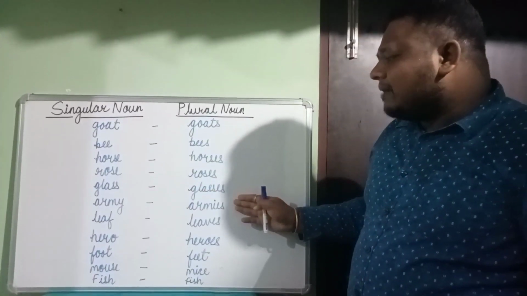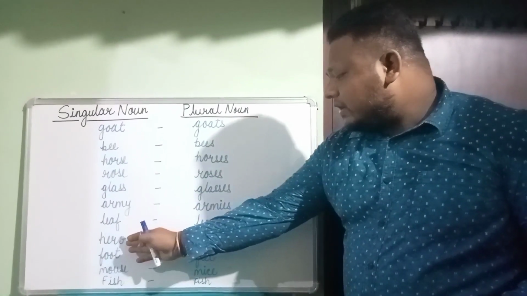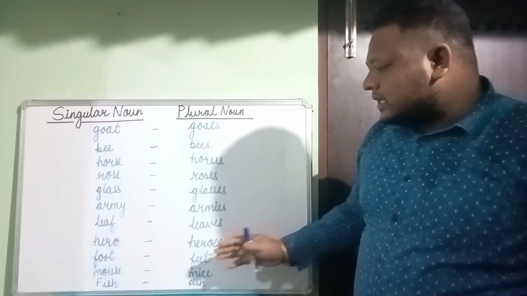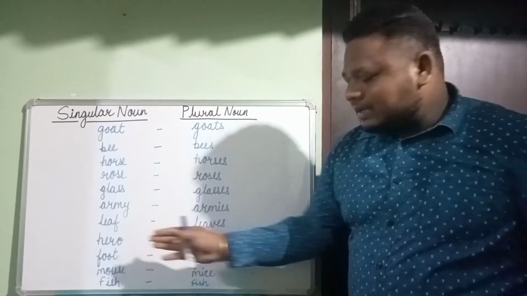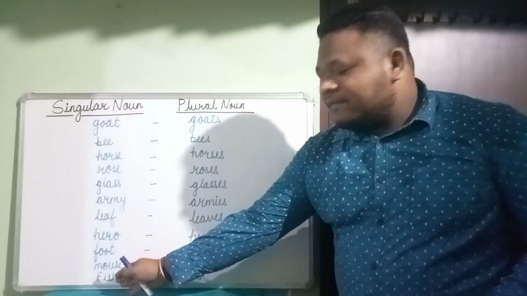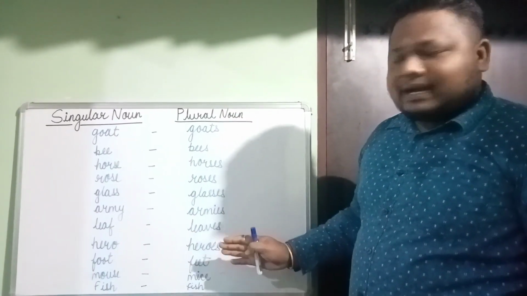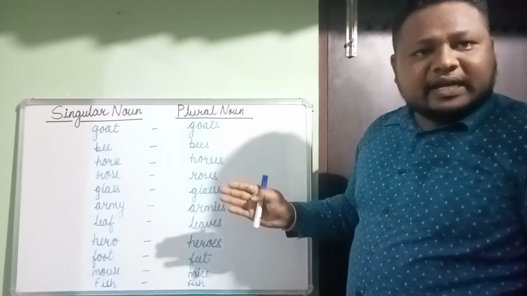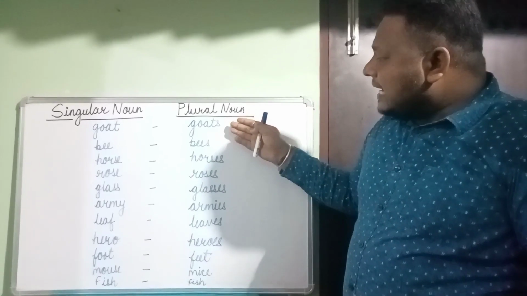Army becomes armies. Leaf becomes leaves. Hero becomes heroes. Foot becomes feet. Mouse becomes mice. Fish remains fish. In all these examples, we saw mostly the plural forms of noun are made by adding s